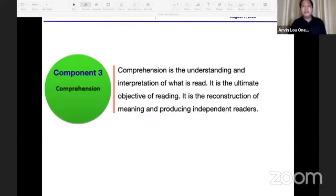The third component is what we call comprehension. Ito, very common ito. Ang daming research about comprehension. Ang daming action researches about comprehension. Okay? When we talk about comprehension, it is the understanding and interpretation of what is read. Naintindihan ba ng bata yung binabasa niya? If naintindihan niya, well and good. Magaling yung comprehension level ng bata. Pero pag hindi niya naintindihan yung binabasa niya, then there is a problem with the reading comprehension of the child